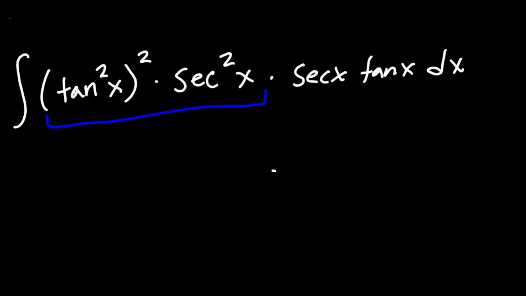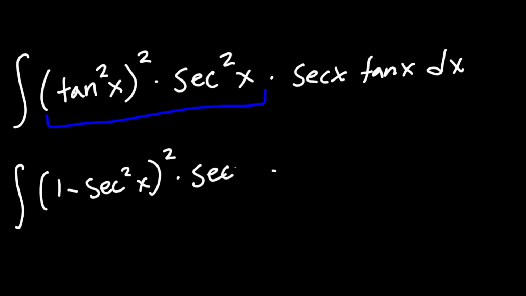What we can use is our trig identities. So this tangent squared is the same thing as secant squared minus 1, squared, times secant squared x times secant x times tangent x dx. And so now we have 3 secant terms and we have 1 tangent term, and we can't really do too much with that secant and tangent. However, because we have a lot of secant terms, let's see if something works out